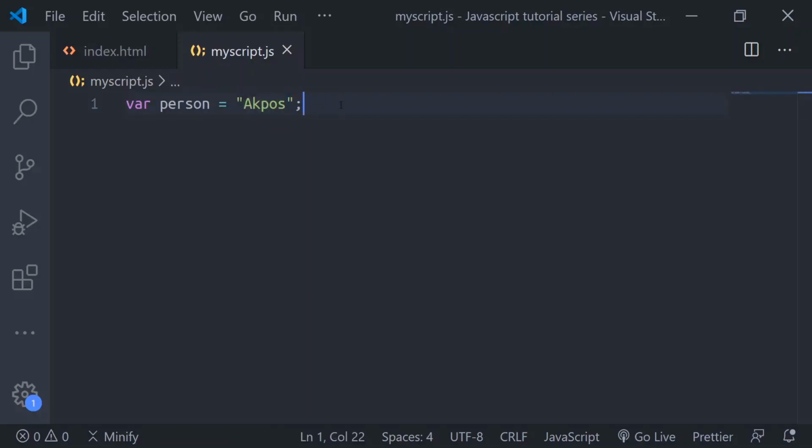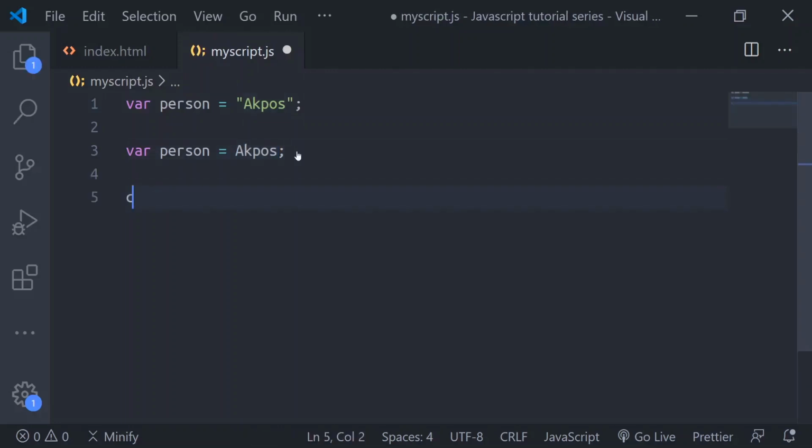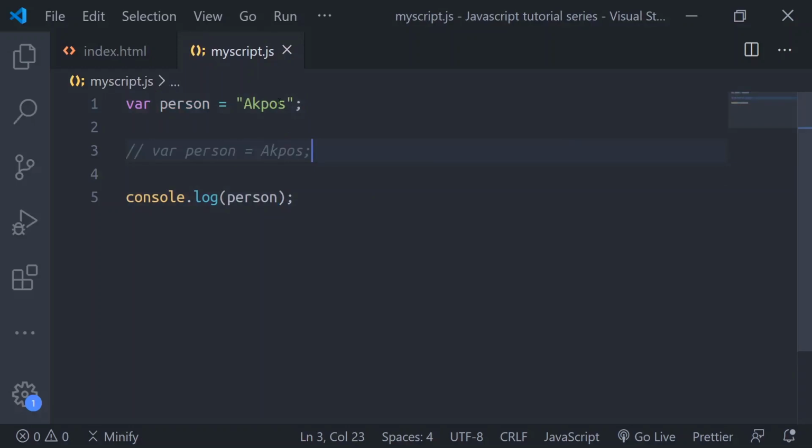If I come here, I could do something like this. It will not work. You know why? Because originally this was another variable, but we did not initialize anything like this here. To prove it, I'll say console.log. I'll carry this person and put it here. In fact, I'll comment this one out first. So if we print person, it should print Boss.